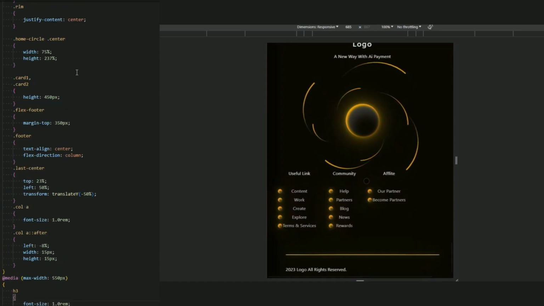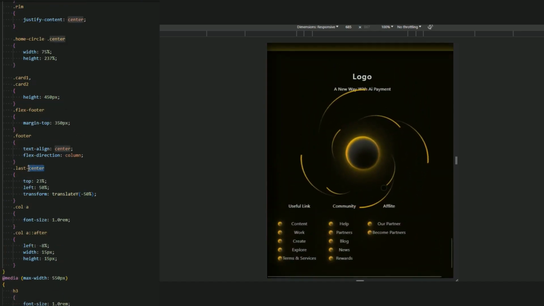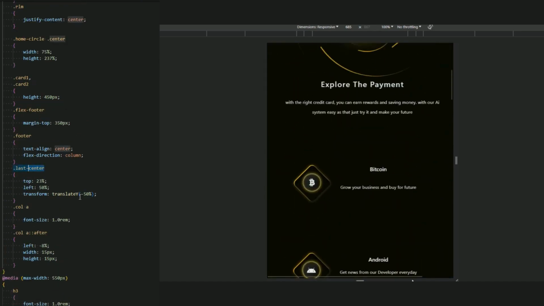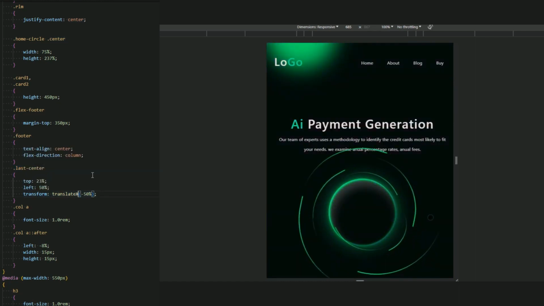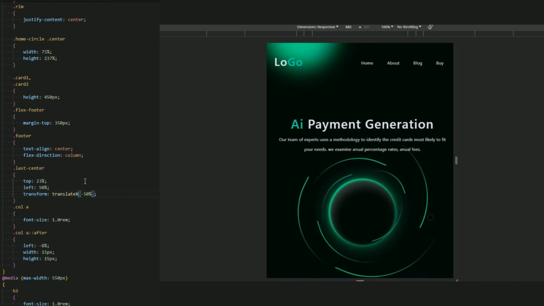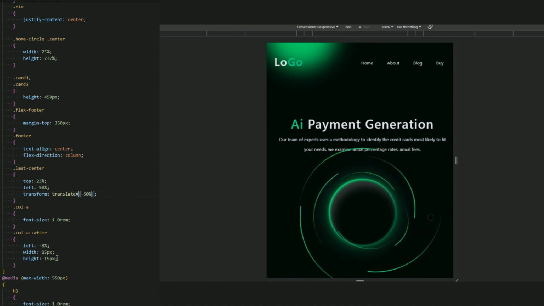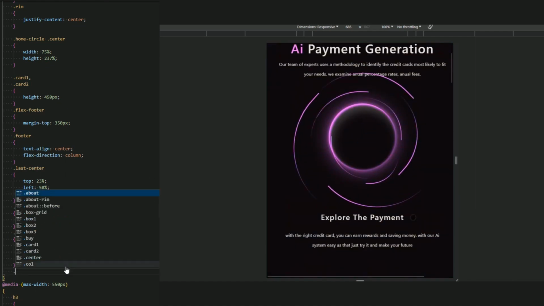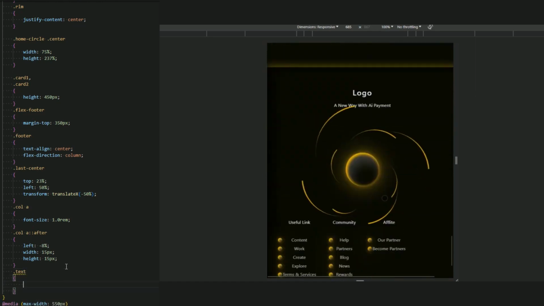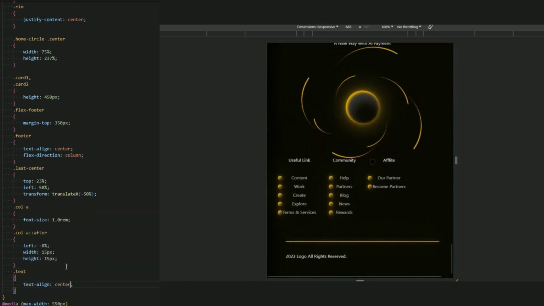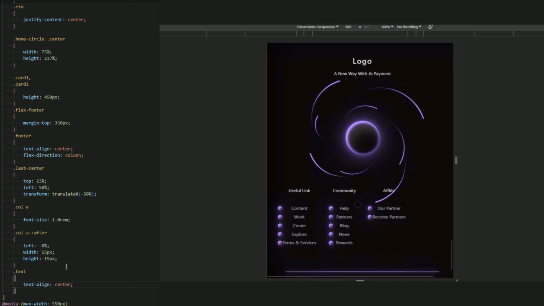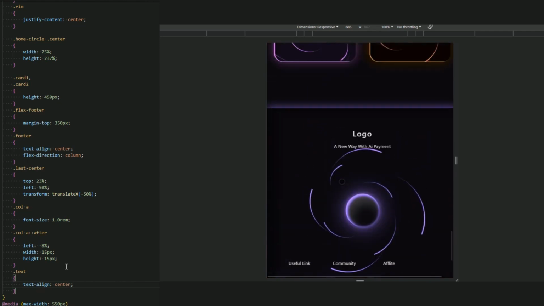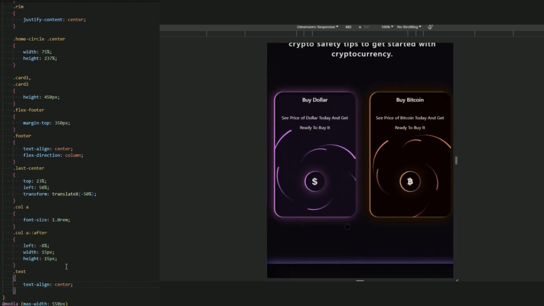Sorry for this, guys. Let's center. Oh, this be a translate X. I'm sorry, not a translate but translate X. And I think now the problem is solved. And for this text that is not text align center, let me just add the text align center, or you can add the text align left for this, just like this. But yeah, I just add the text align center.